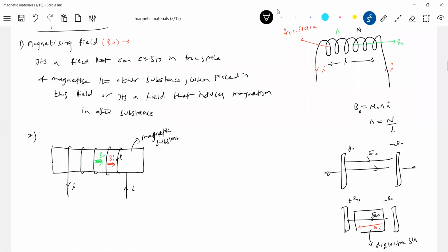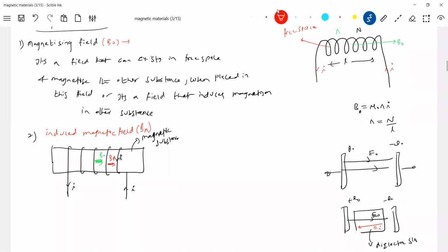So what is that Bi? Bi is called the induced magnetic field. So the symbol will be Bi, or if you want to write it as... Let me take this one only. In the books, they write BM for the induced magnetic field, B naught for that one. So I'll carry on the book convention. BM, what is BM? Induced magnetic field.